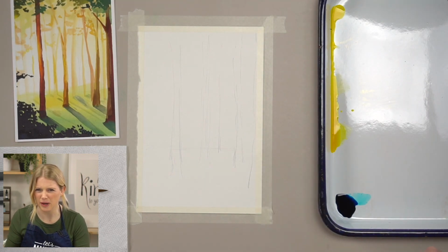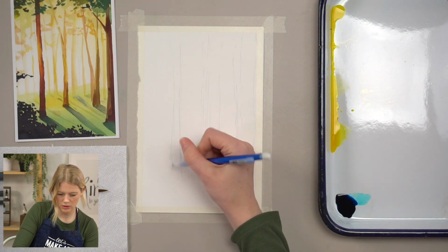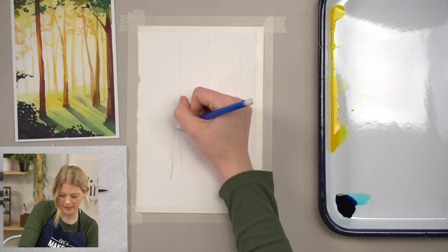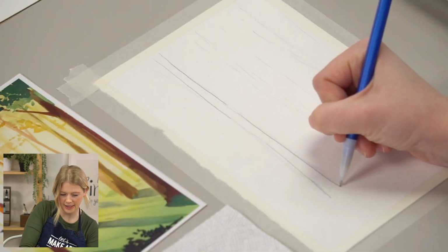Can they see that fairly well? Should I go a little bit darker? I'm gonna go maybe a little darker just so you guys can see. But for you guys at home, try and make these lines as thin as possible